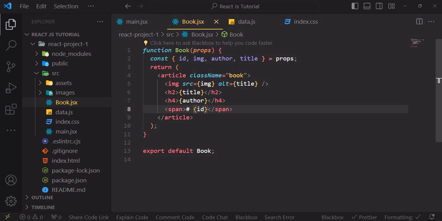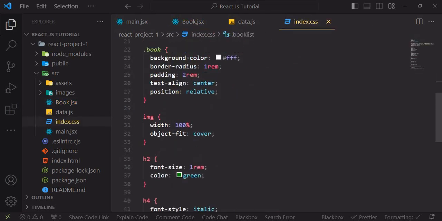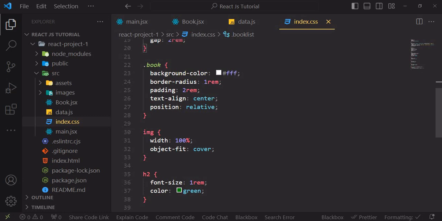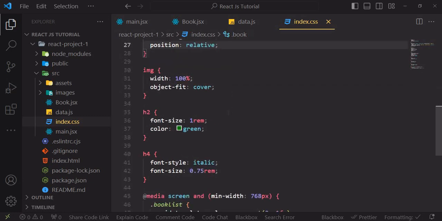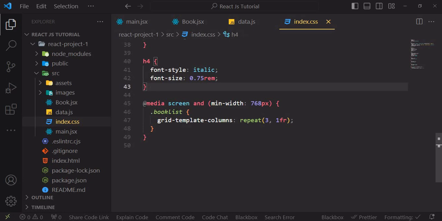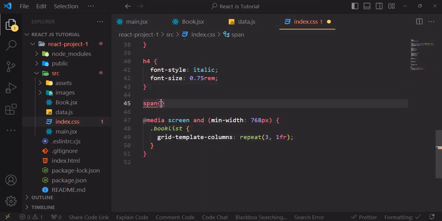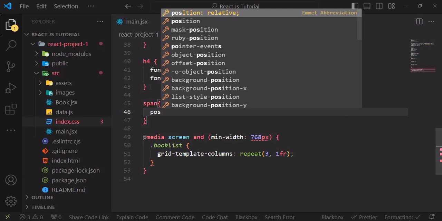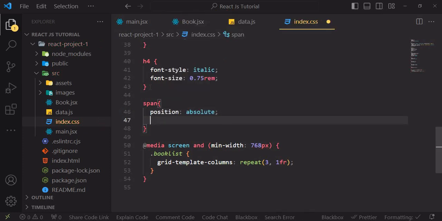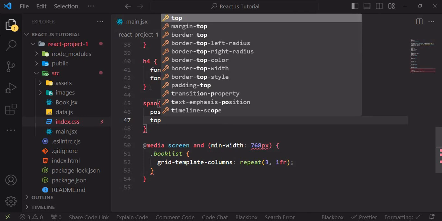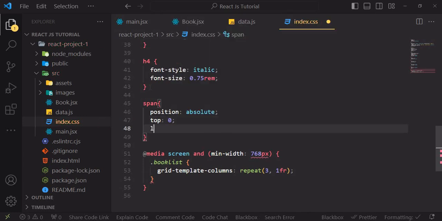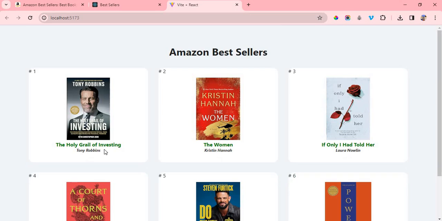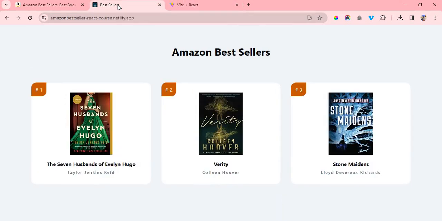So what we are going to do is, since in the book article, if I'm not mistaken, in this index.css, you can see that we gave it a position of relative. Then we are going to select the span now. So we are going to make it position absolute. So we'll say top to be 0 and left to be 0. Let's see what we have. So can you see? Good,